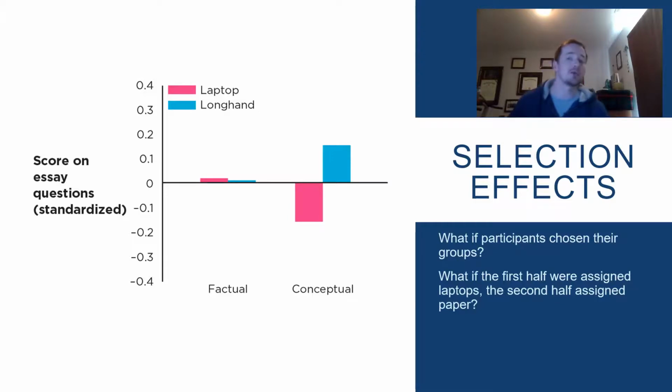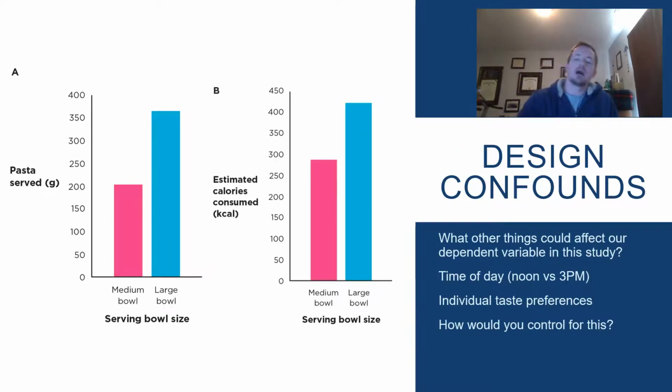And if they are doing that, then we can't really trust our results necessarily. Instead, we want to make sure that we randomized that selection and just assigned that to them to make sure that that didn't happen. And we can talk about the same thing for the pasta series of experiments.